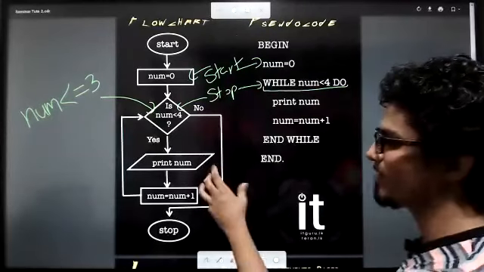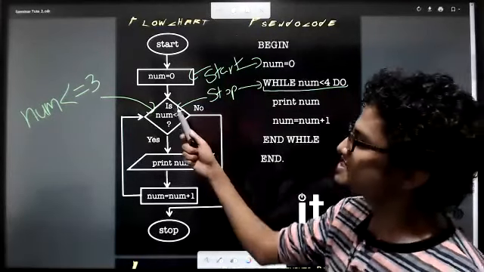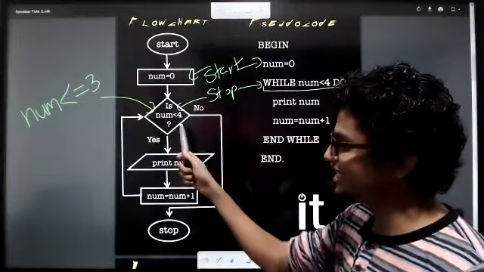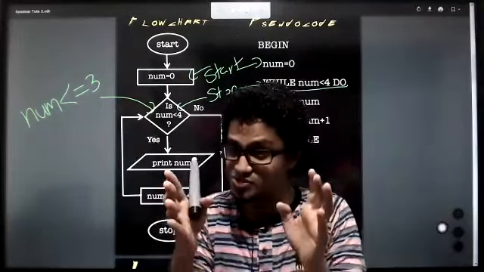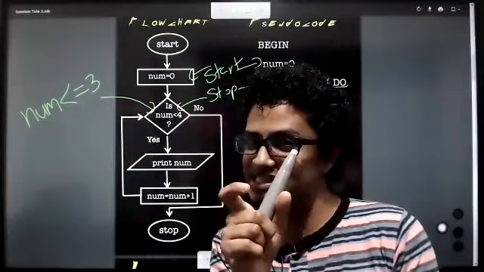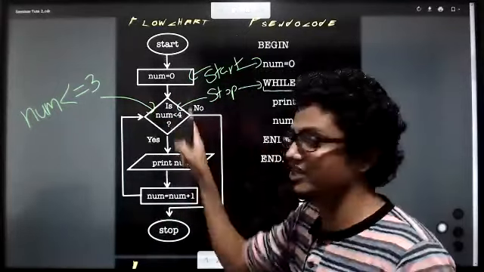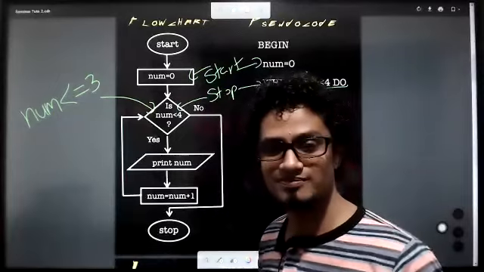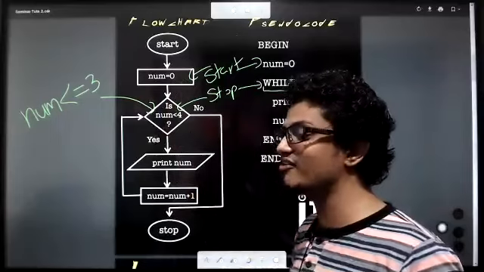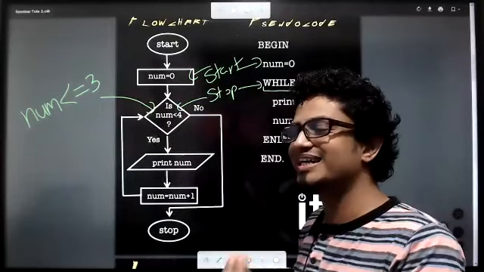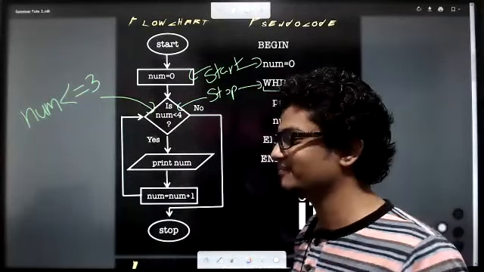Okay. So now everyone focus. Is num less than 4? If it is true, if the number is a value which is less than 4. Now listen, this is very important. If the num variable is having a value which is less than 4, starting from 0 and less than 4, what are the values that can be there in the num variable, kids, tell me?